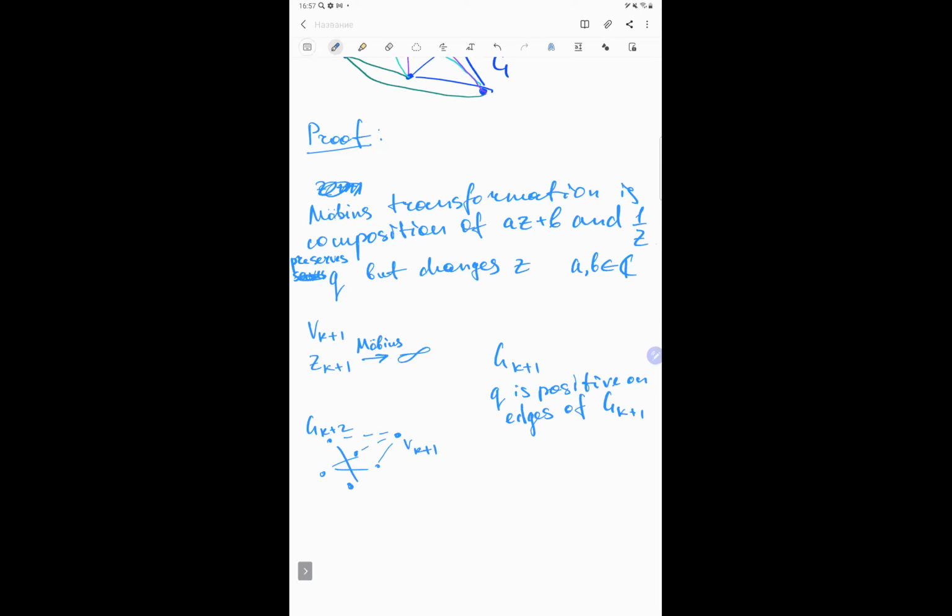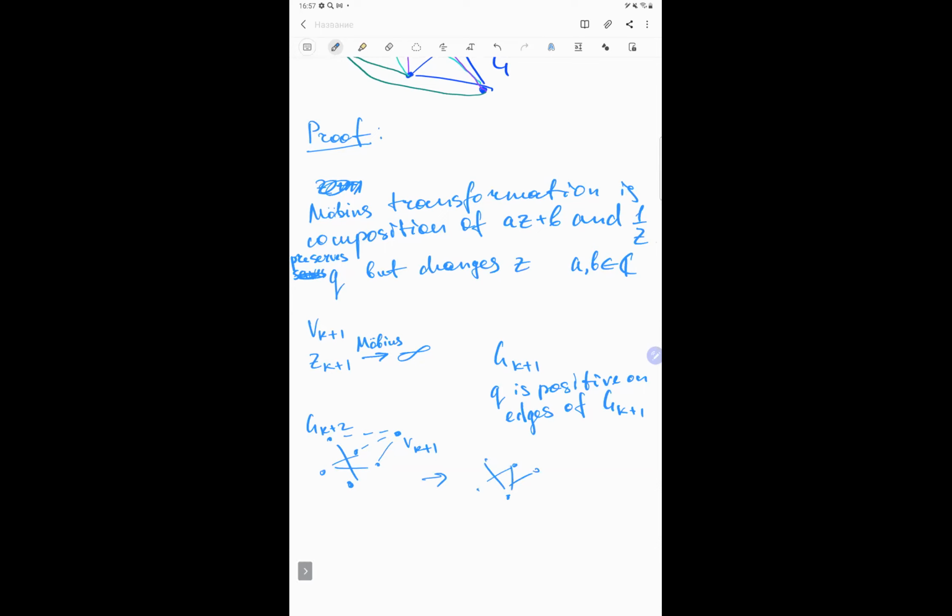We send the value on this vertex to infinity, and we want to exclude this vertex, and we get another graph which is smaller than the previous one. We get gk plus 1 without this vertex. We can assume that on this graph gk, Q is positive,